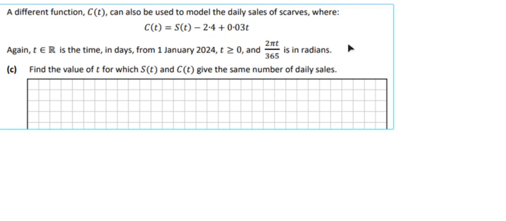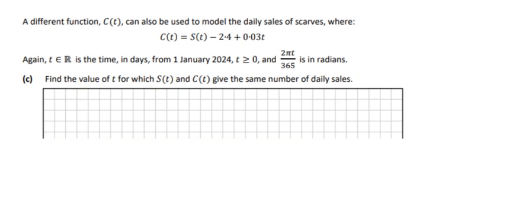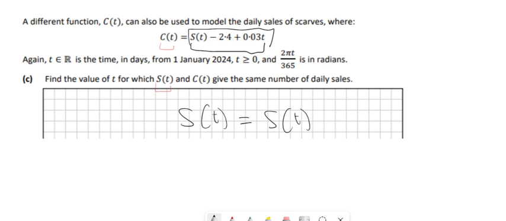Right, so part C then. Where is S of t equal to C of t? Well, C of t is just all of this thing here. So I'm just putting all of that in. So S of t minus 2.4 plus 0.03